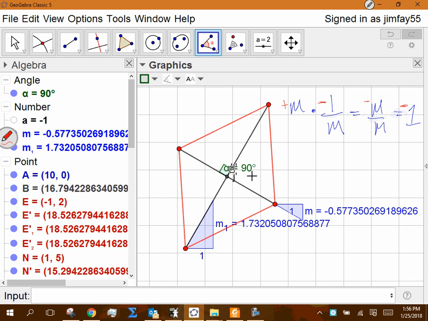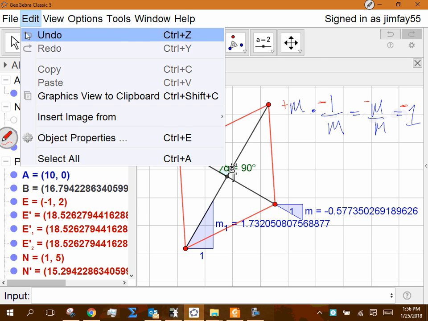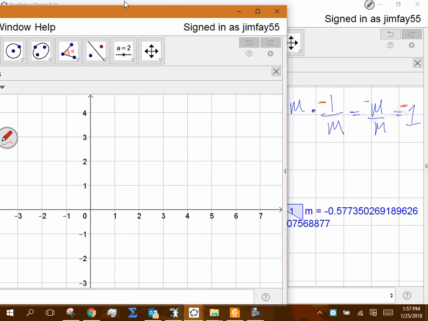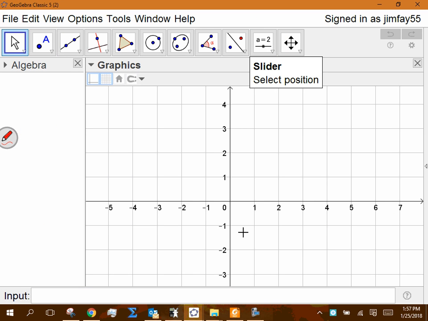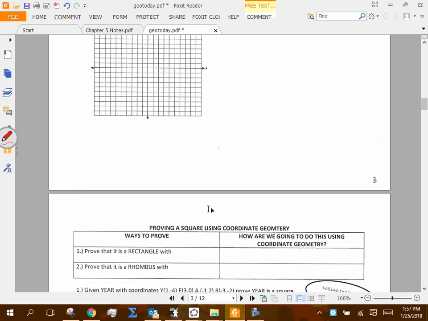But that's a way for us to determine, if I can't look at those numbers as fractions and recognize that they're opposite sign reciprocals, you should still be able to multiply them together and see if you get negative 1. And if you do, they're perpendicular. Is that doable? All right. That perpendicular concept, opposite sign reciprocals, is going to be something that plays over and over and over again in all the courses that you take from here on out. So that's why I talk about it quite a bit, because it becomes a particularly important relationship